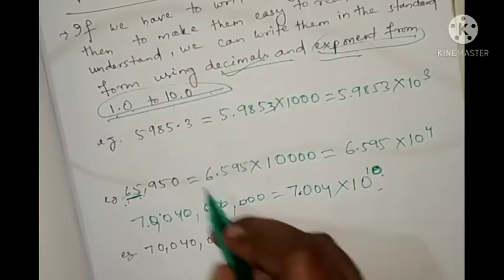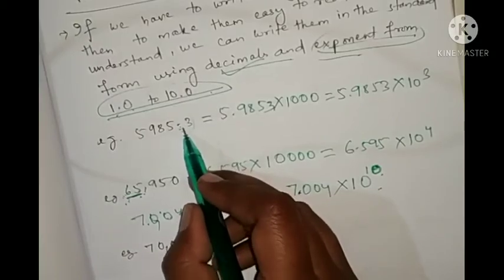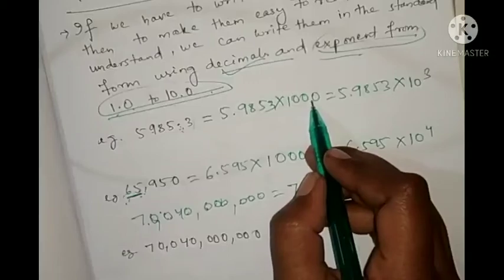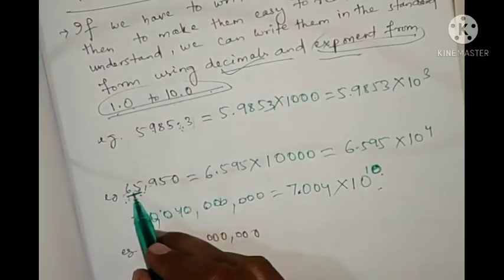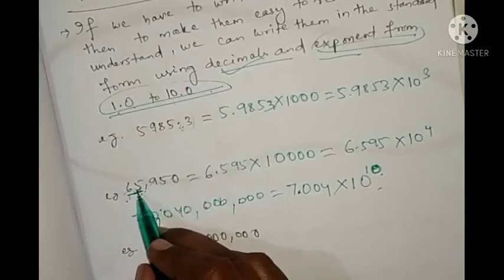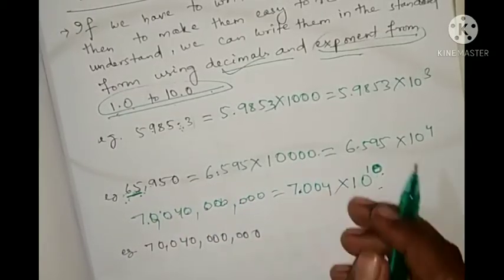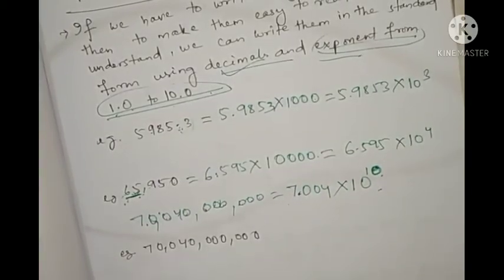Okay, here already this decimal is there. For this you need not put 0. But here after the decimal, 1, 2, 3 numbers you have taken, so you will put 10 to the power 3. Here 1, 2, 3, 4, 4 numbers. Before 4 numbers you are putting the decimal point, means you will put here 10 to the power 4. Like this you can express larger numbers in standard form.